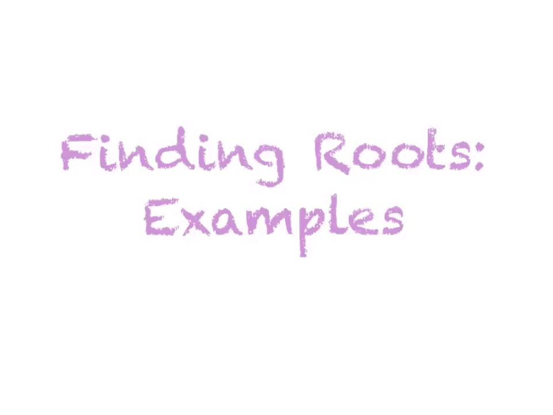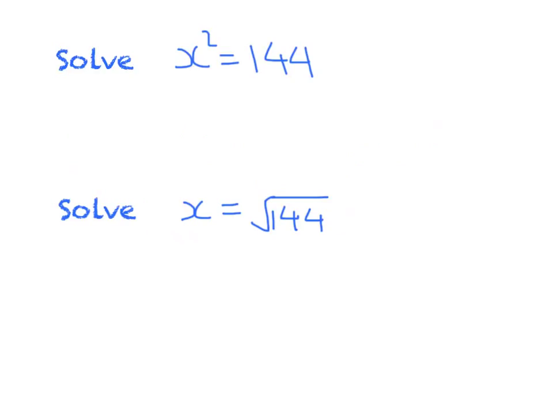This video will give examples about finding roots. First, we're going to solve the equation x squared equals 144. So if we list all the x's that solve this, then we would have x equals 12 and x equals negative 12, because you can plug in both of these numbers, and when you square them, you end up with